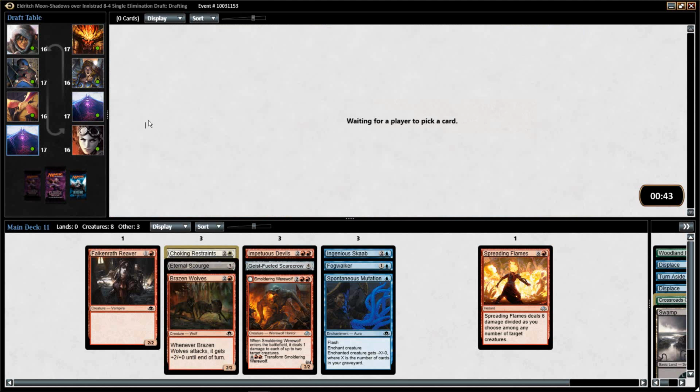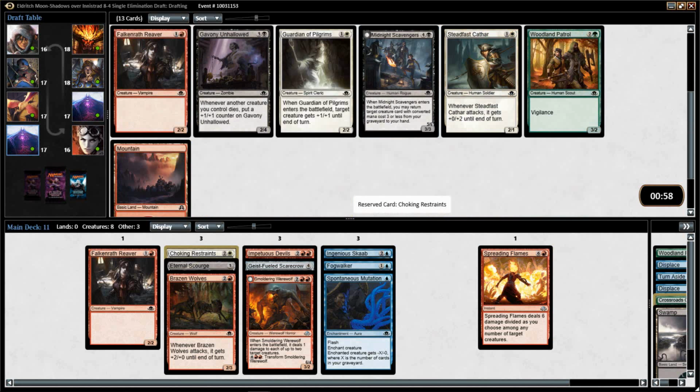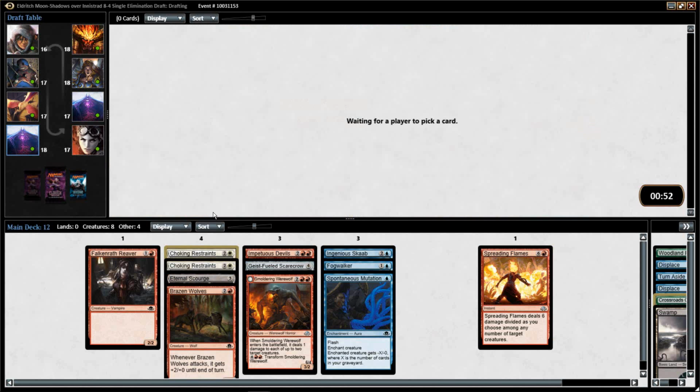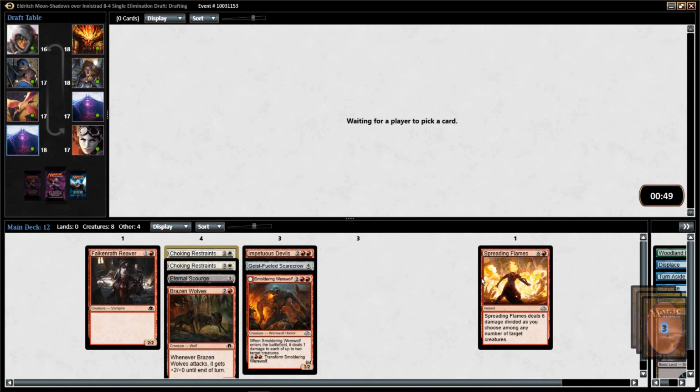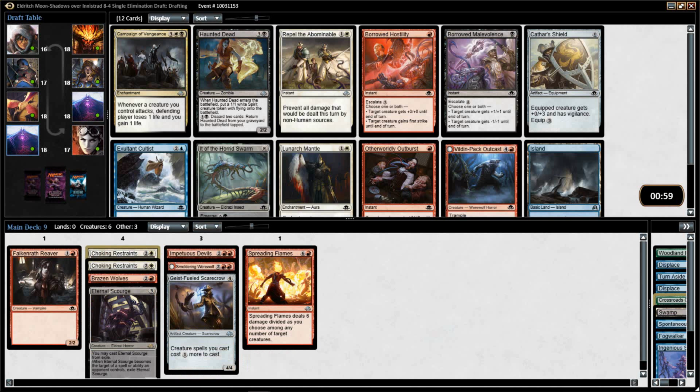I'm going to hedge it a little bit on the Choking Restraints and see if we can't grab a couple of white cards here. Perhaps a second Choking Restraints, and I think that's what I want here. Say we imagine we were still in red-blue, we'd be forced to take this or this. Not enough humans for this to be good, but Choking Restraints are always welcome. I don't like switching in pack 2 like that, but 2 Choking Restraints is better than any of the other cards we have here, so...